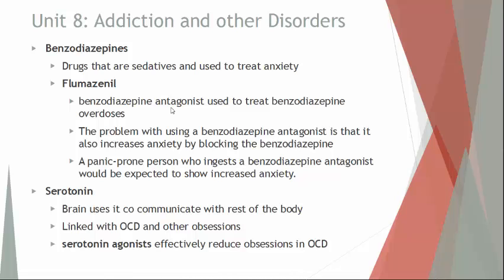If you feel compelled to make sure that the door is locked 50, 60, 70 times all in a row, making sure things are in a very particular order. Those are compulsions where you do them over and over and over again. And that's linked to the decreased levels of serotonin. So the way to help treat that is to be given serotonin agonist.